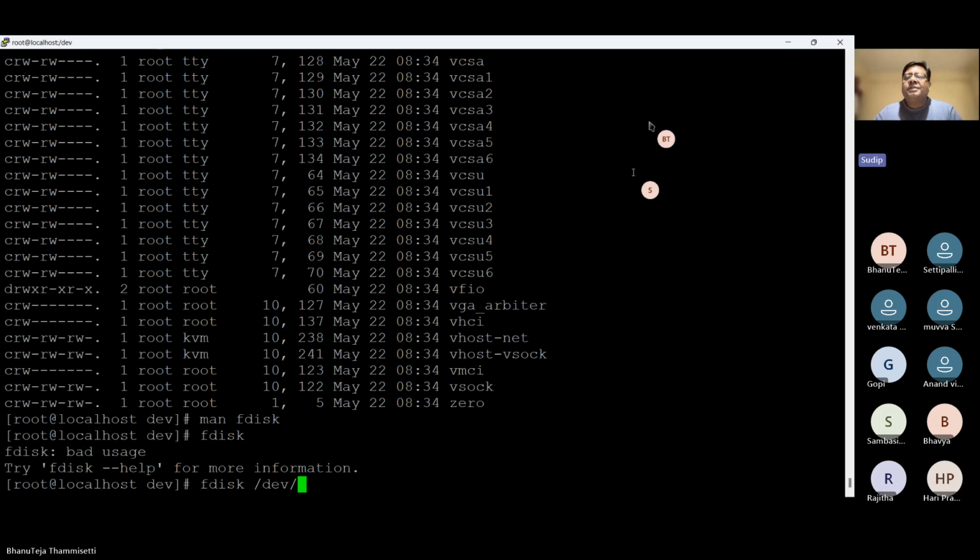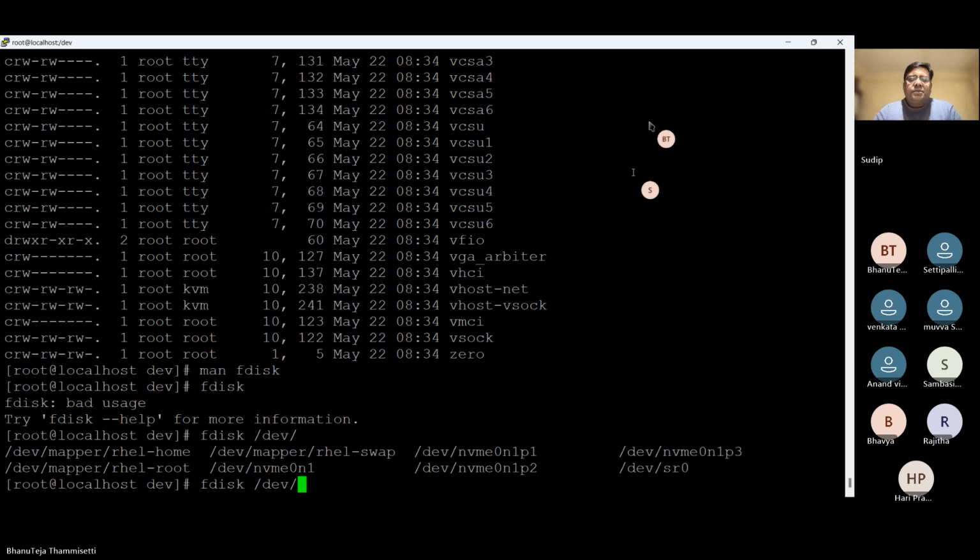The moment I see /dev, it reminds me that now I have to give the name of a device. So how do I know? I know that the device starts with SD, but again, I don't remember the exact number. So I give whatever I remember, SD. Then again, I give tab tab. If tab tab is not working, that means SD is not there in that particular device directory. Again, I give tab tab after /dev. It is showing, okay, see here,